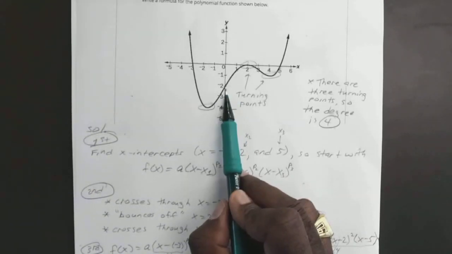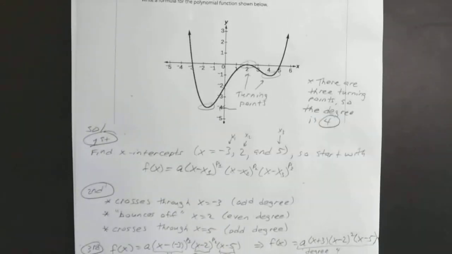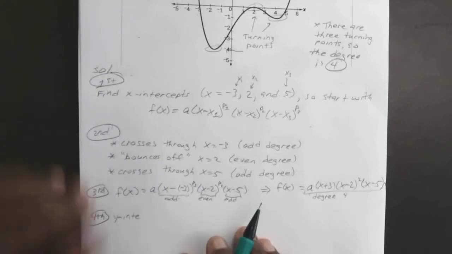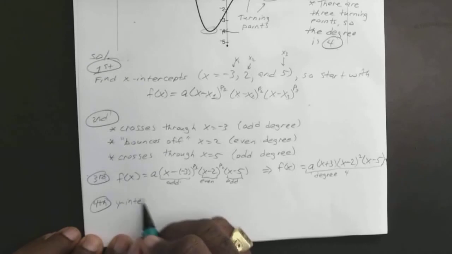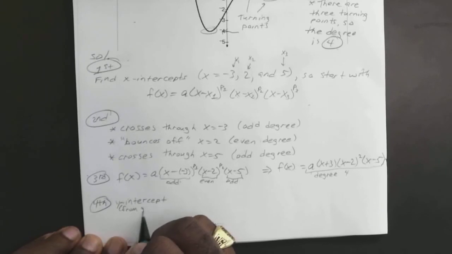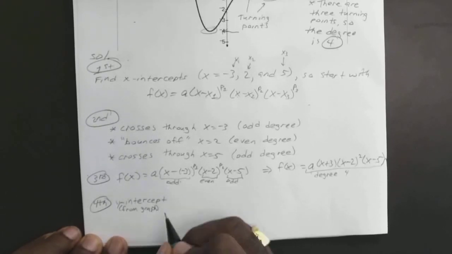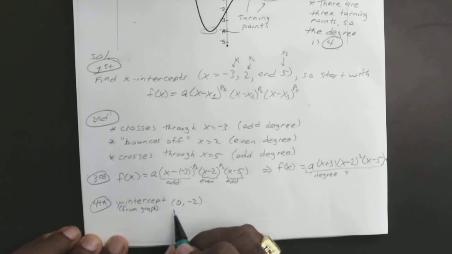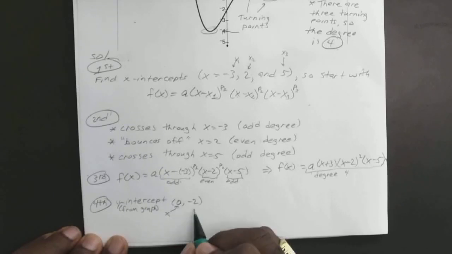Okay, now for your fourth step, we know all of this, but we don't know a yet. So for your fourth step, that's when you're going to solve for a. You can see right up here from the graph, when x is equal to 0, y is equal to -2. So you know your y-intercept, and we know that's from the graph. It's the point (0, -2). Okay, and remember, this is your